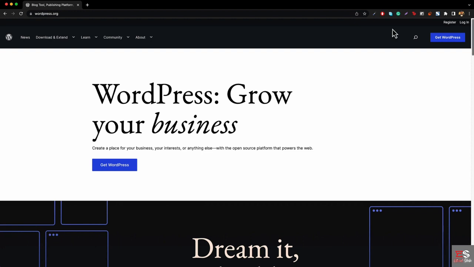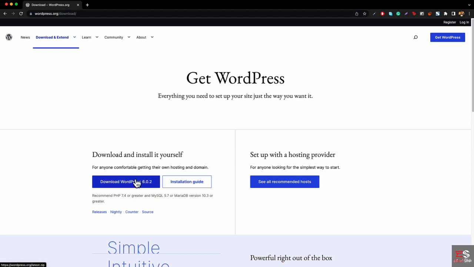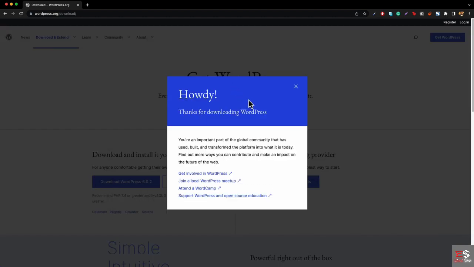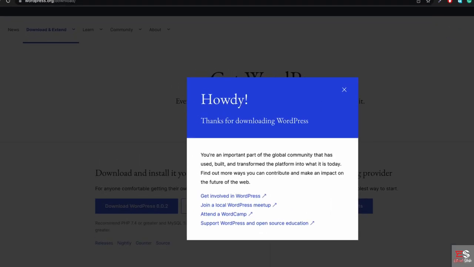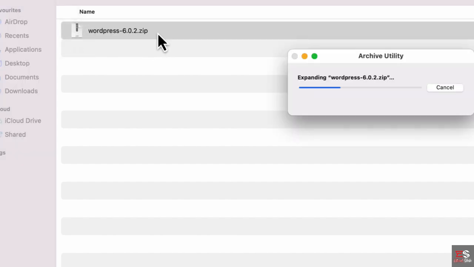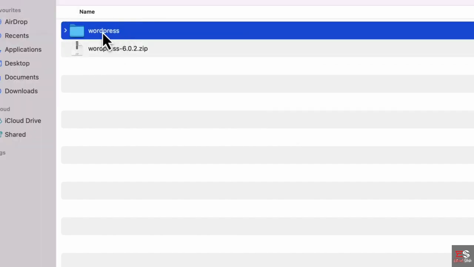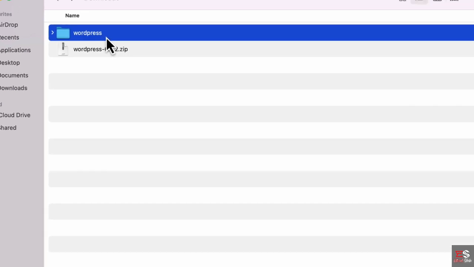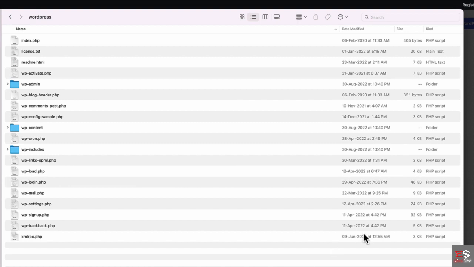So now if we go to wordpress.org and click on Get WordPress, and then click on Download WordPress, the WordPress files are going to be downloaded. If we open that, you can see that it is actually a zip file. And if we extract this zip file, we will see a WordPress folder. If we open up this folder, you can see that all the files we get are based on